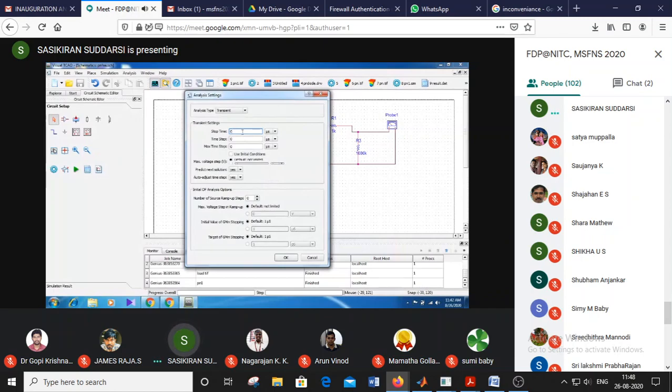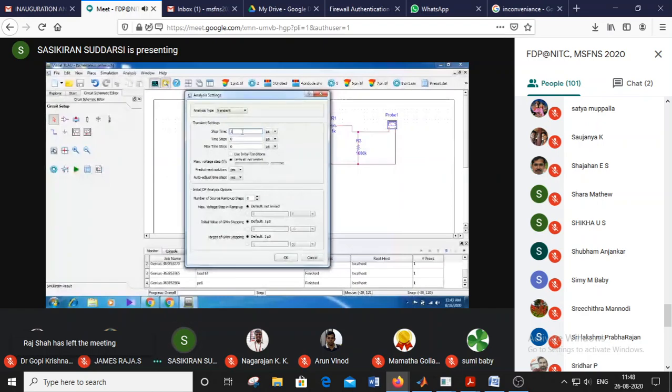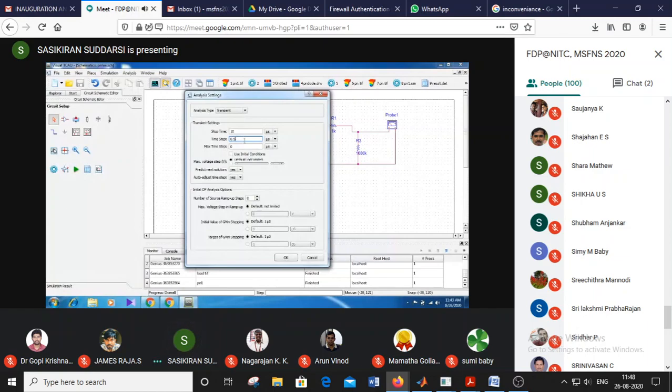So the simulation is for, say for example, 10 microseconds. So per step we can use 0.5, and maximum step we can have 1 microsecond.